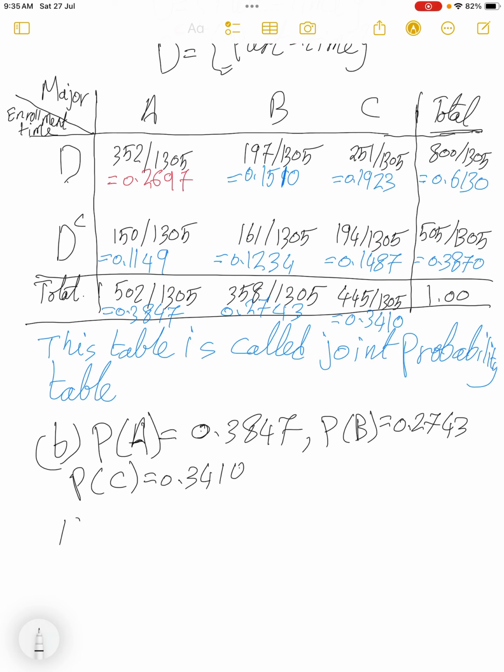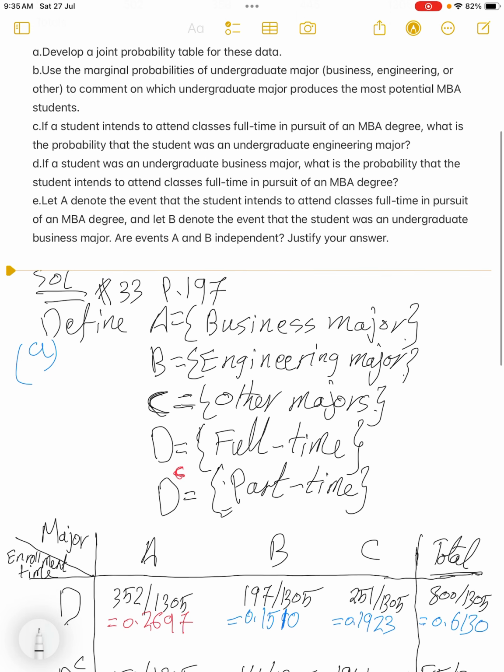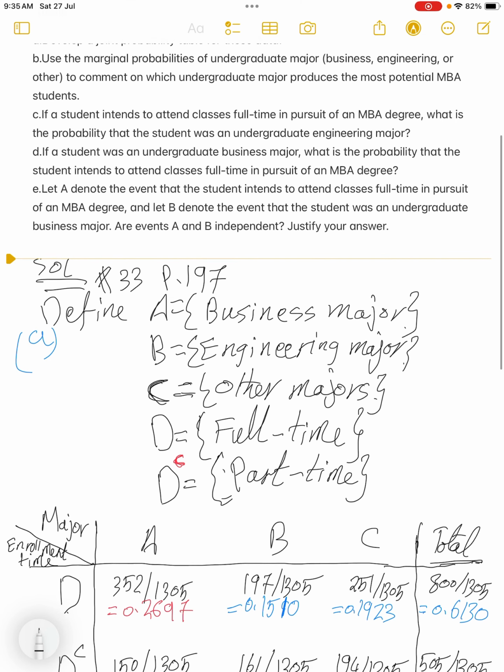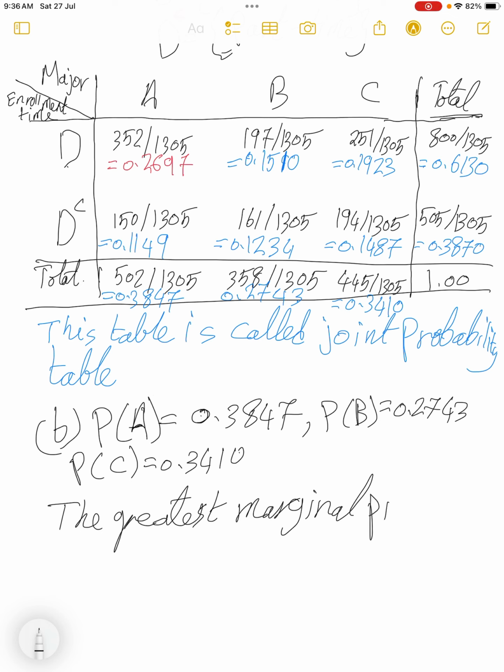Here the greatest marginal probability will be